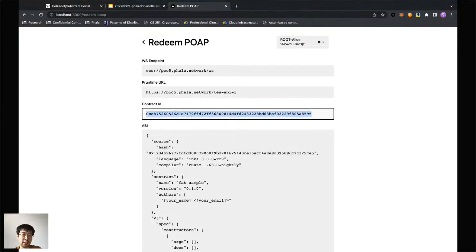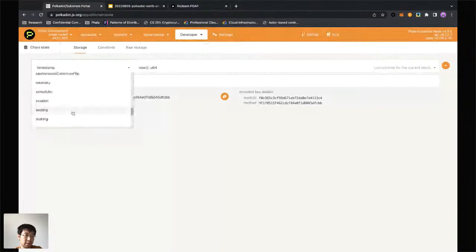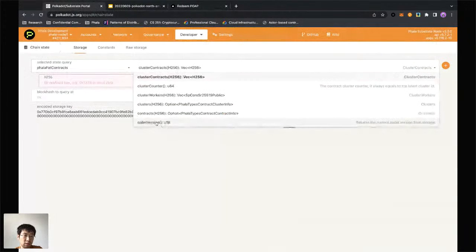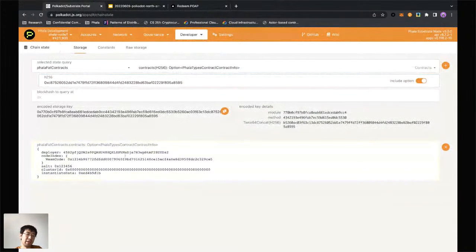And you can always query the contract states on chain here. Here you can see some metadata about this contract: the deployer, the code it uses, the workers and clusters it is deployed to, and the initial instantiate data used to init this contract.